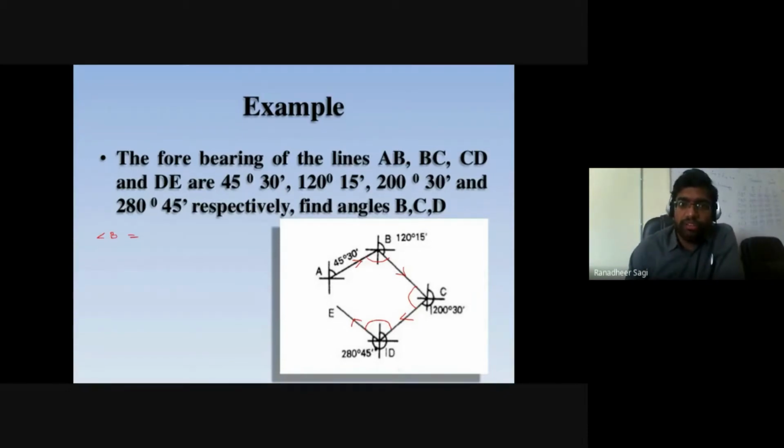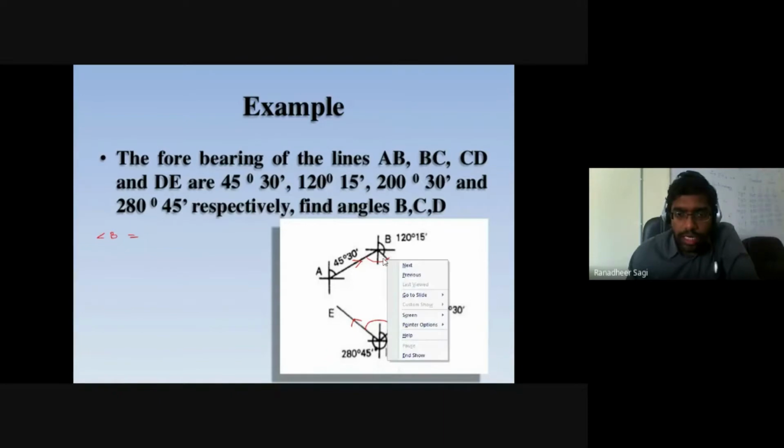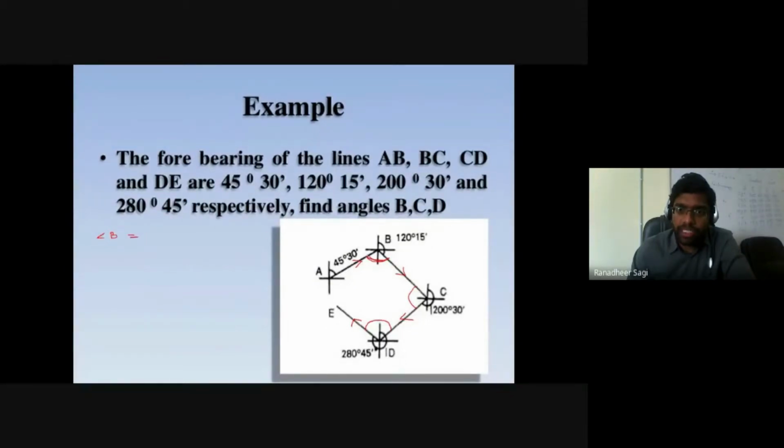Now at station B, which direction is the forward direction? The direction of line B to C is your forward direction, whereas the line AB we call your back line, the line in the opposite direction of your traverse. So what becomes the angle between these? At station B, what is the angle you are going to have between the line BC and AB? This angle. So if I'm trying to find out the angle at point B, I can write it as